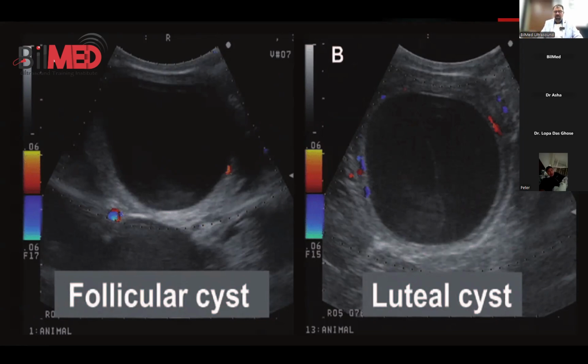But the basic question is, what if it is a rounded structure, not a hyperechoic structure? First is the echogenicity. There will be some echoes in a corpus luteum as compared to a dominant follicle. Yes, repeating, there will be some echoes. So if you are seeing a follicle looking like, and if that corpus